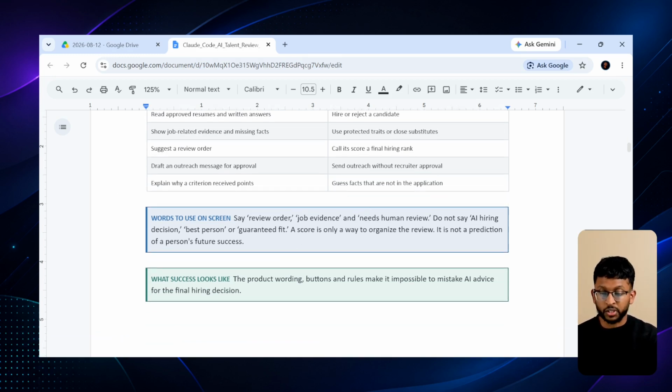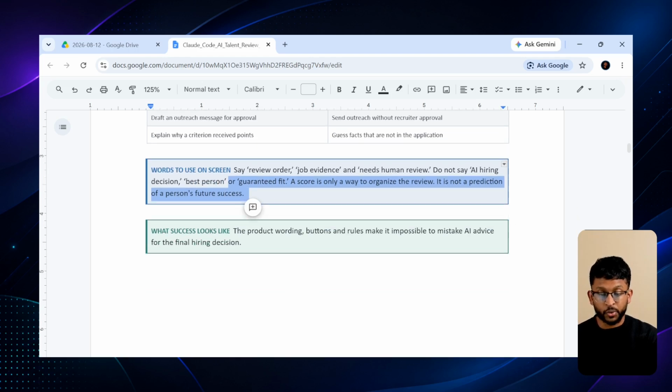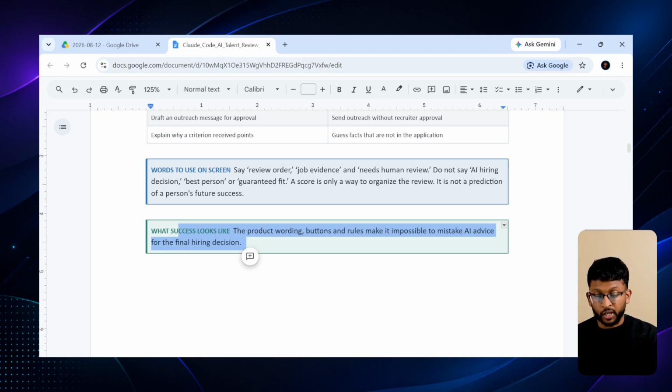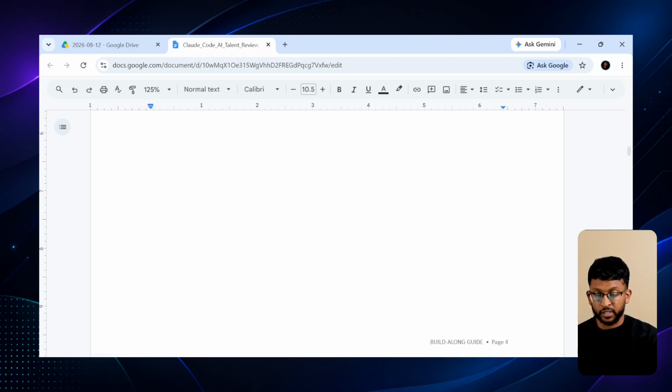So some words to use on screen say review order, job evidence that needs human review. Do not say AI hiring decision, best person, or guaranteed fit. A score is only a way to organize the review. It is not a prediction of a person's future success. What success looks like: the product's wording, buttons, and rules make it impossible to make AI advice the final